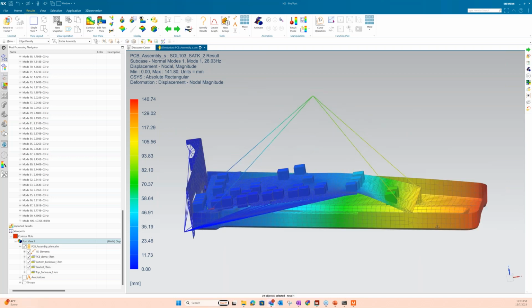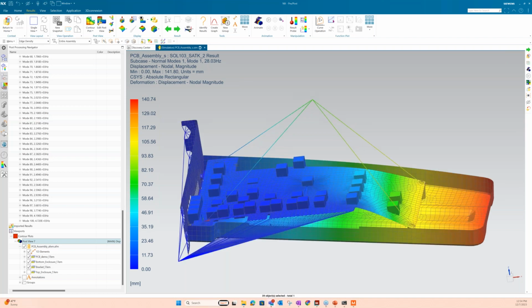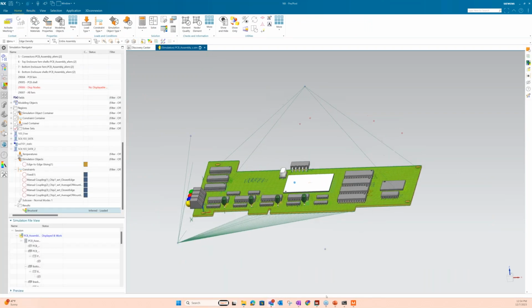Because this board is kind of cantilevered and deflecting, I've just created this RB3 here to track the overall deflection of the board, which we can then use with an MPC to get the relative deflection between the rigid body cantilevered displacement of the board and the deflection of the actual board, the bending of the board. That's going to be a critical component to the fatigue calculations I'll talk about later.